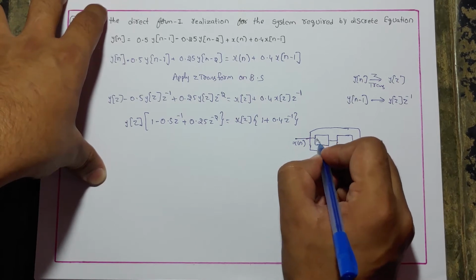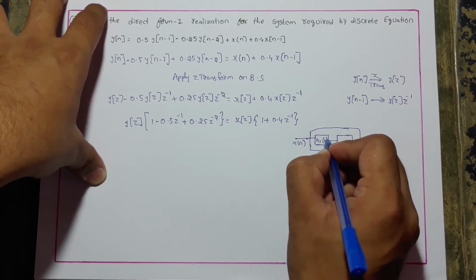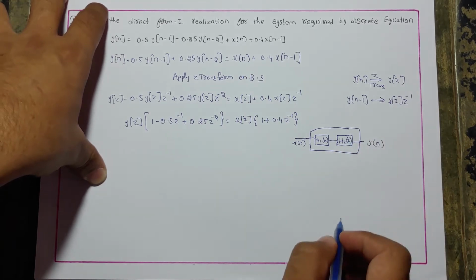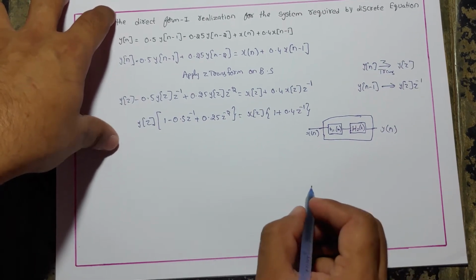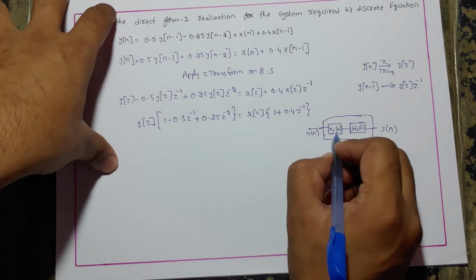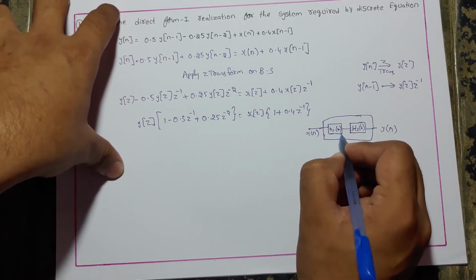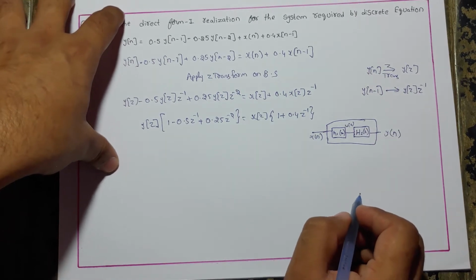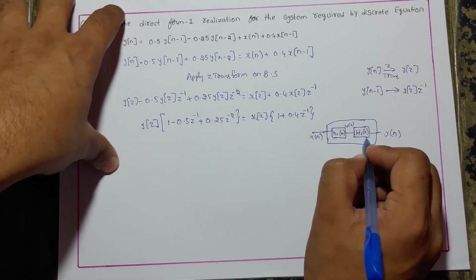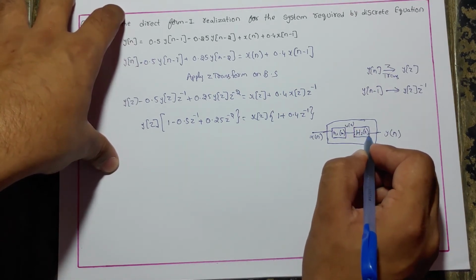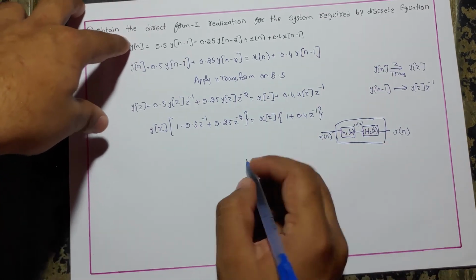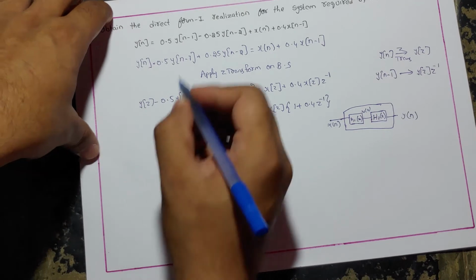Let us take this one as h1 of z and this one as h2 of z. This is the representation. The output of h1 of z is represented by w of z, which is the input for the second system, that is h2 of z. Keep this in mind. Now in direct form 1,